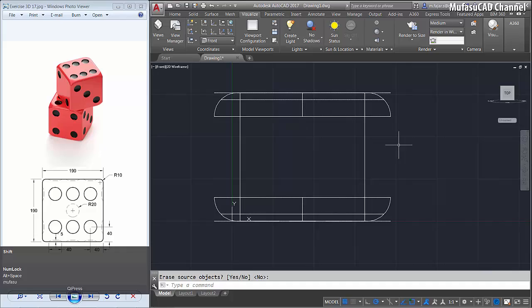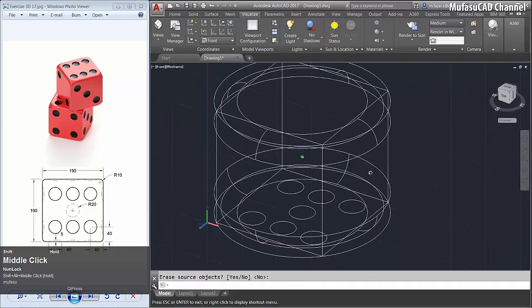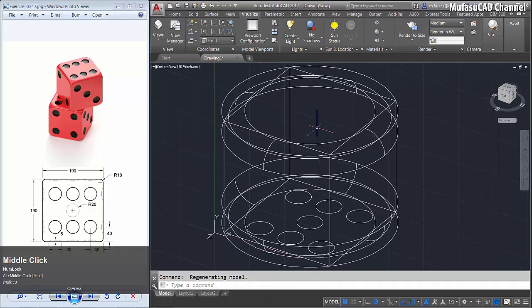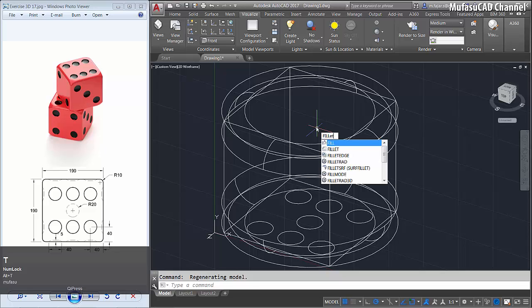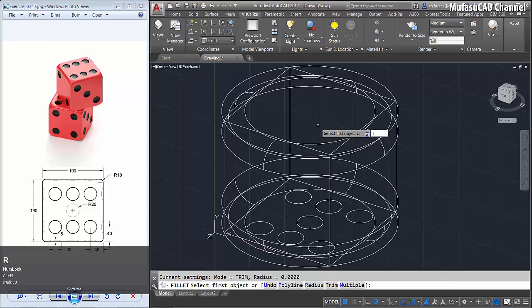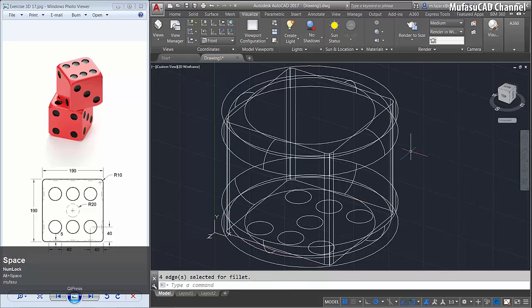You can use the orbit command to rotate the drawing, and I will fillet it with a radius of about 10 and select this edge. Okay, you can select these four edges, and okay.